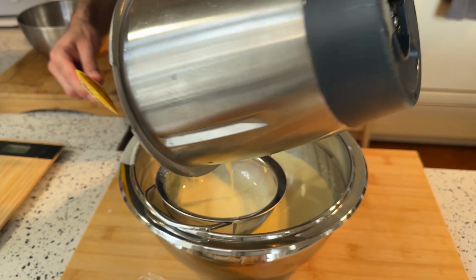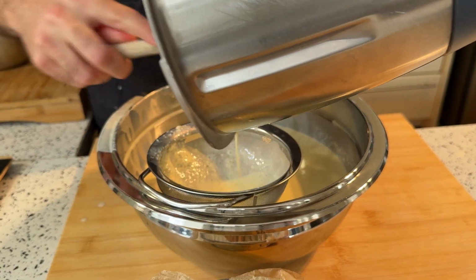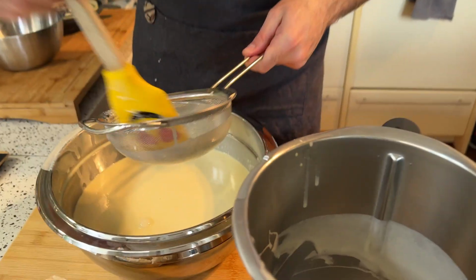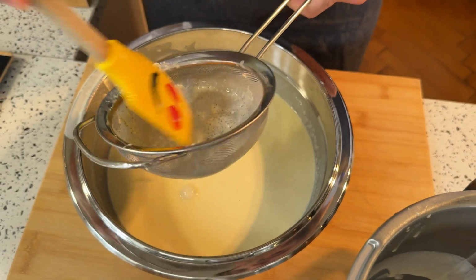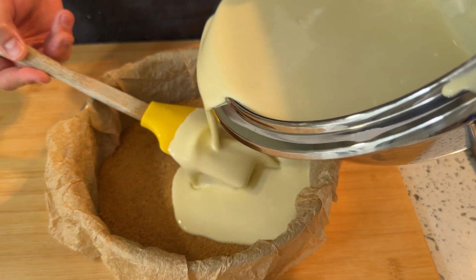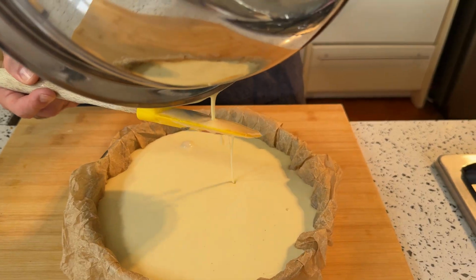Okay, now straining it is gonna help us get rid of those bubbles that are also gonna make the cake a little bit smoother, and also we're gonna get rid of any lumps, or for example in the case of the blue cheese, you see how I have all these little dots that wouldn't be a problem honestly, but doesn't it look more elegant here, huh? I like to use this to avoid a strong impact on the cookie, on the base. Now, also to remove the excess of the bubbles,